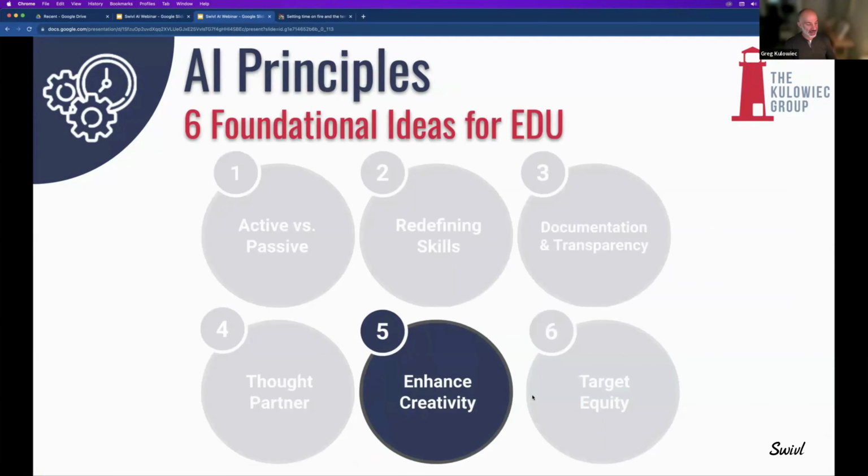Enhancing creativity. I love this one. I remember I was teaching an intensive course with some students at Mercersburg Academy. It's an independent school in Pennsylvania. And there was a student in the class who had her camera around her neck almost every day, and relatively engaged in this week-long AI course we were teaching.